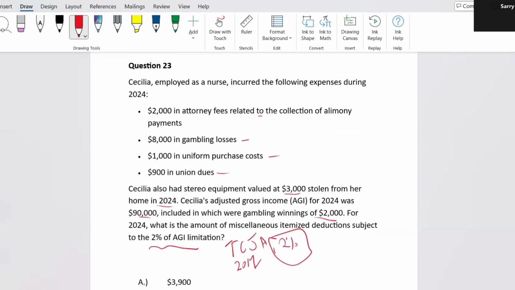But if this question was phrased a little bit differently, just so you understand more about this, the $8,000 gambling loss right here is different. It's an exclusion to this. So if the question asks how much can Cecilia take as an itemized deduction towards gambling losses, you could take gambling losses up to gambling winnings. So the answer would be $2,000 for gambling, because you could take gambling losses as an itemized deduction up to your earnings. If she, for example, gambled $1,000 and then made $5,000, then she can only deduct up to the losses, $1,000. So just a heads up on that, the gambling losses are distinctive with this 2% rule.